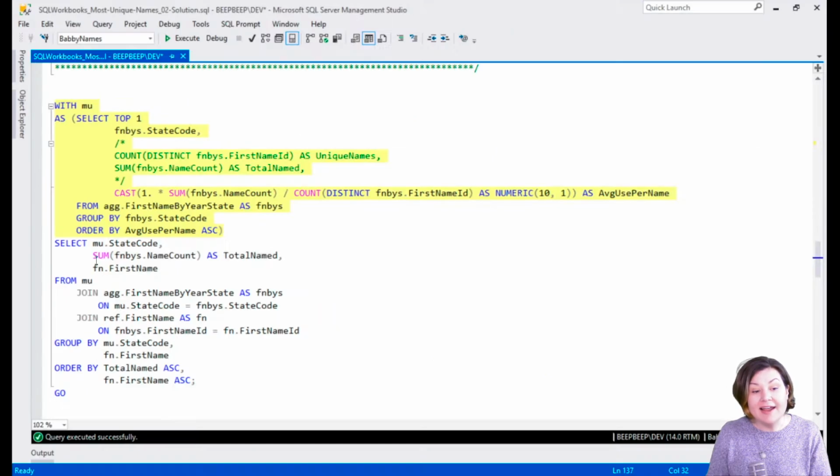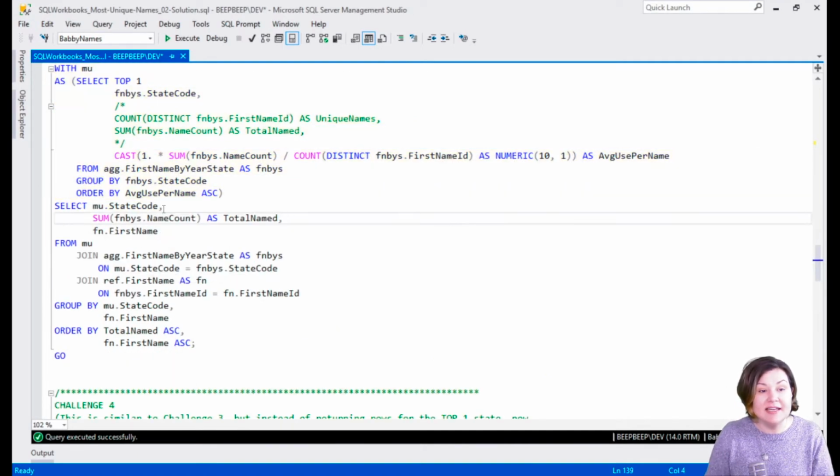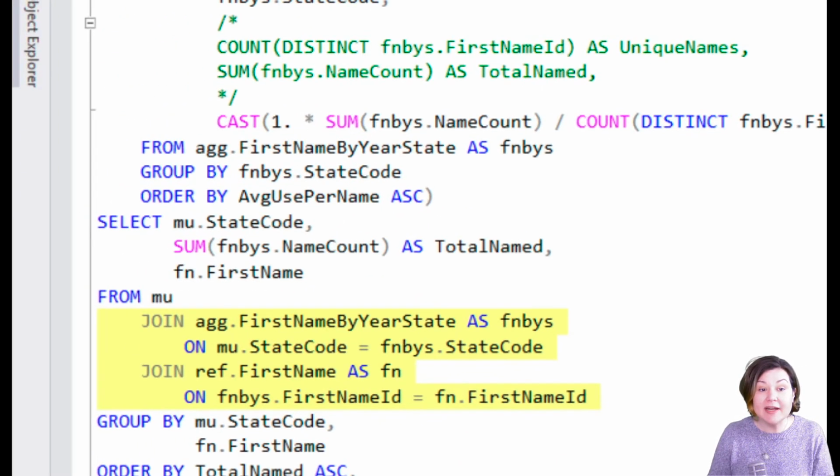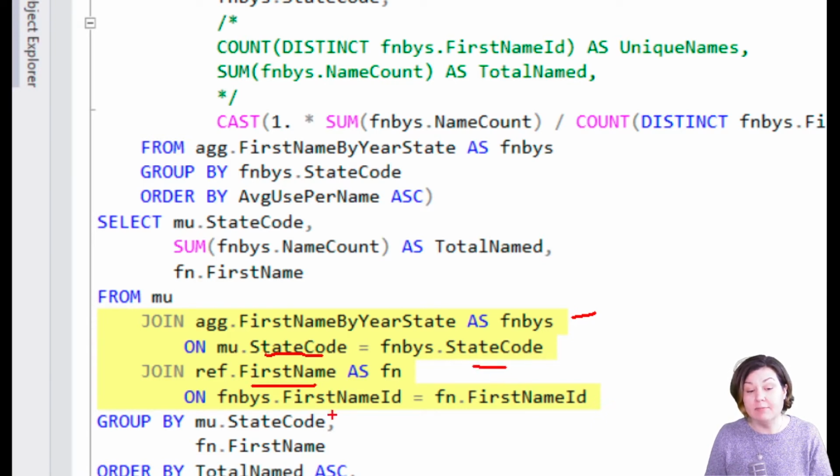Then I have a select that uses that CTE, and it says, okay, I am going to select from MU. MU is the name of my CTE up here, so I am selecting from MU. I want that state code that's from that table, because I do have that there. And then I am joining to 2 different tables. So I'm joining back to average first name by year state, because I need that list of names. So I'm joining back based on the state code. And then I'm joining to ref.firstname based on the first name ID in the